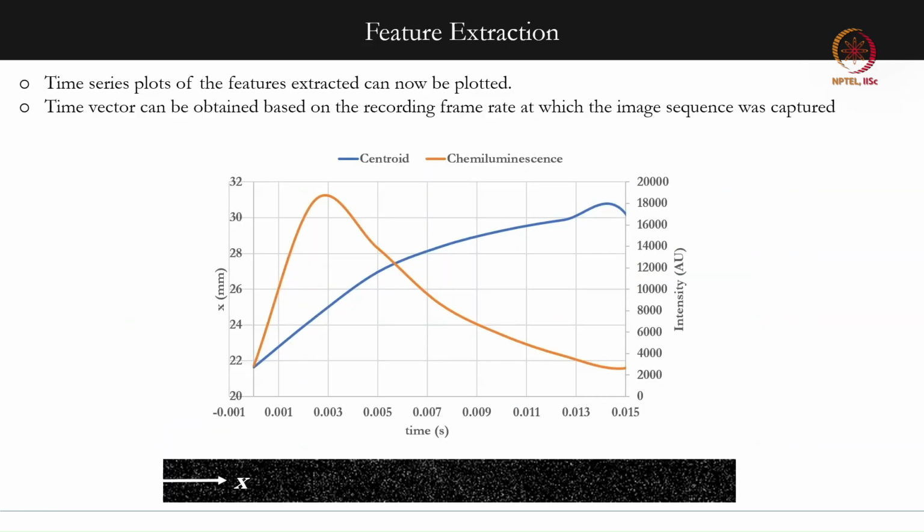So here I'll show a plot of how the chemiluminescence, which was estimated based on the integrated density, varies. Since we are performing this operation on images which are not binarized, on the 8-bit or 16-bit images, integrating all the pixel intensities inside the flame boundary is representative of the total heat release rate or the chemiluminescence intensity of the flame. So this is how the chemiluminescence intensity profile looks. And here I've plotted how the centroid of the flame moves